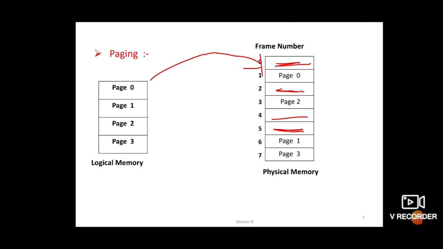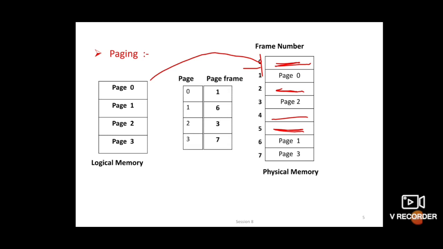Now student, see, next is the page map table. What is the function of this page map table? This page table contains the frame number where those pages are actually present in the main memory. Means these pages are loaded into main memory, then what is the address of these pages in main memory? How do we find that address? Using this page map table.